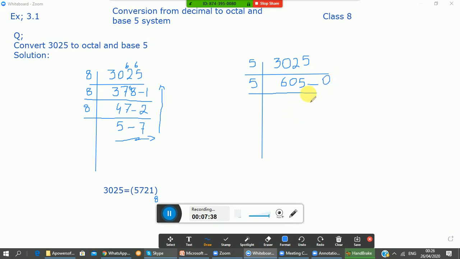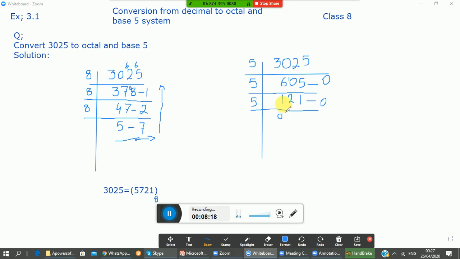So after dividing with the table of 5 here, its remainder will be 0. Remainder is necessary. 5 ones are 5, 1 remaining, so next digit becomes 10. 5 twos are 10, and then 5 ones are 5. Again remainder 0. Dividing 121 with the table of 5. 1 is not divisible, so you can put here 0 like this.